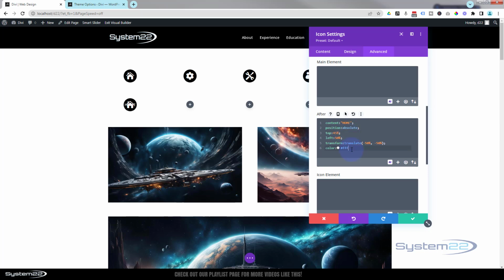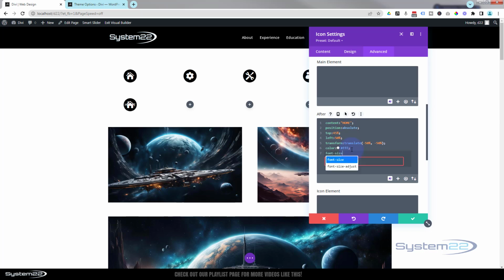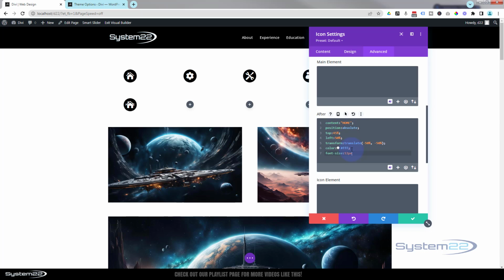Fantastic. Great. That font's a little bit too big for me, so I'm going to put a little semicolon in there. We'll say font size. I used about 12 pixels last time. That seemed to work, but obviously make it the size that you want it. That's better. But of course we don't want to see that little icon as well, but we'll get rid of